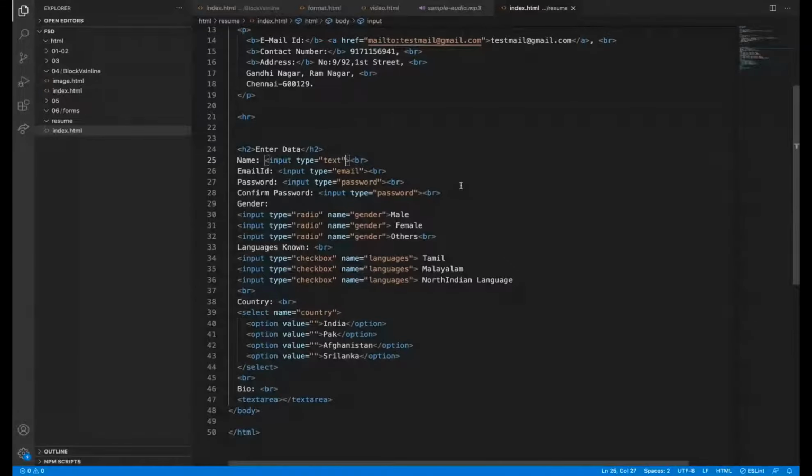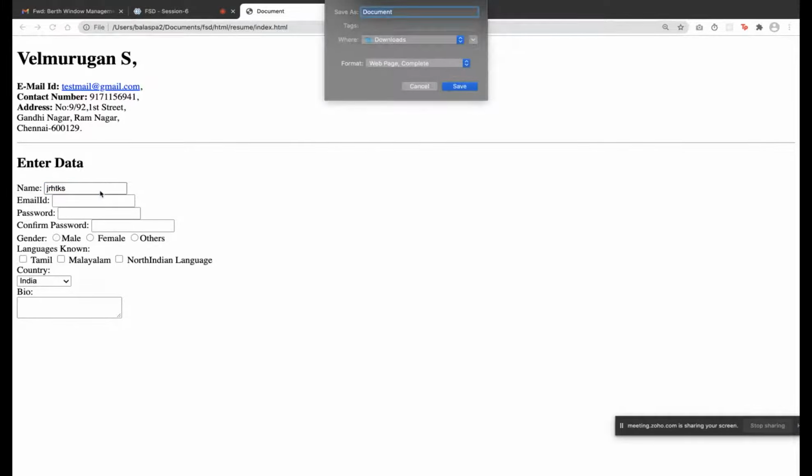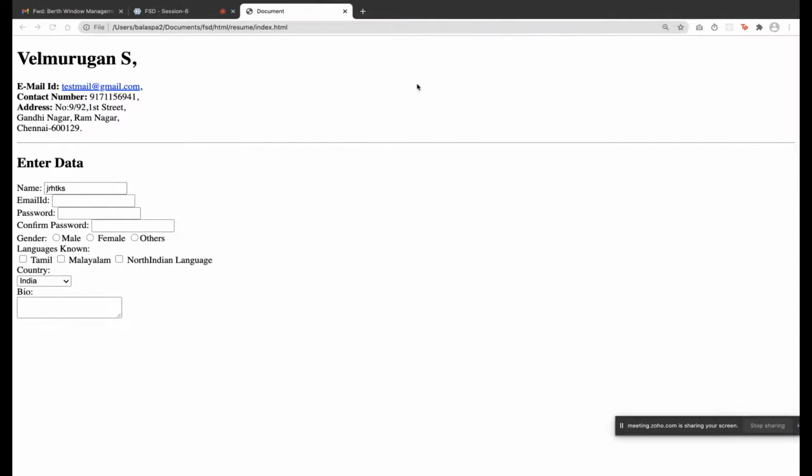There is an attribute for that. Placeholder is equal to, for now I am giving, enter your name. So it came, enter your name. So if I type on it, it will go. It is just a placeholder which helps the user know about the information they need to type.